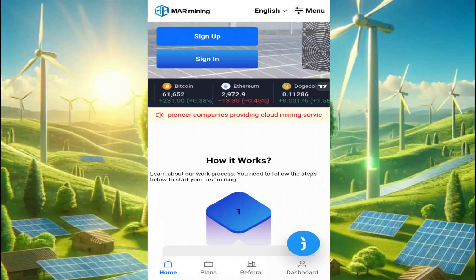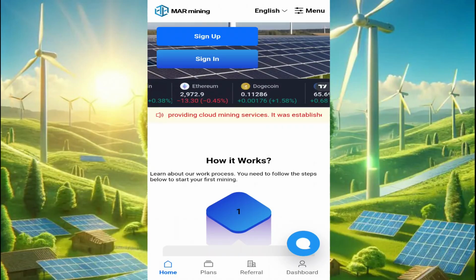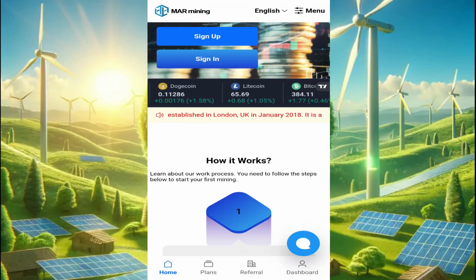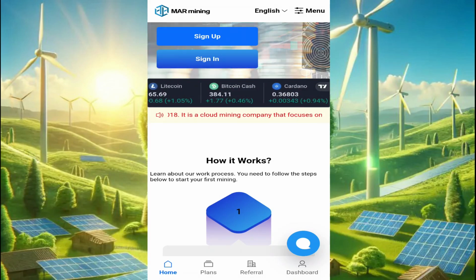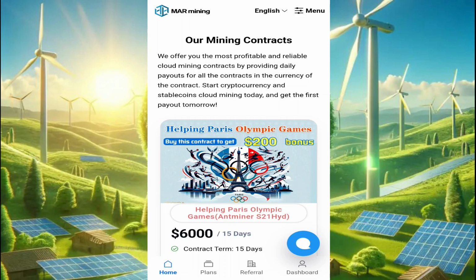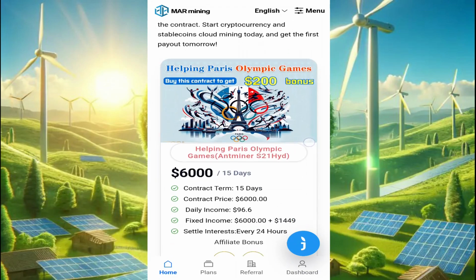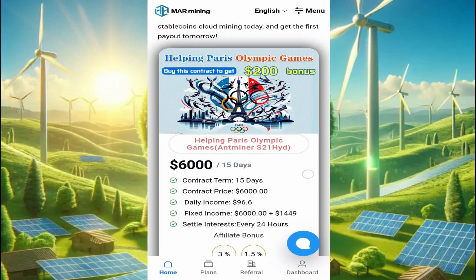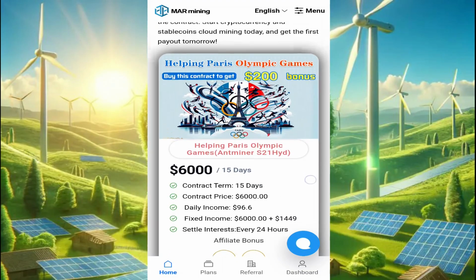Okay, how to earn $100 per day by cloud mining. Okay, you know that cloud mining. Okay, the app is called More Mining app. Just scroll down or click on plans. Now you can see here